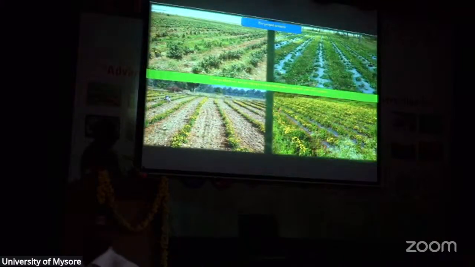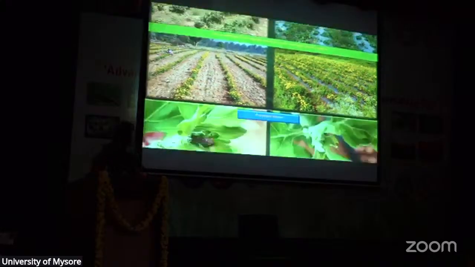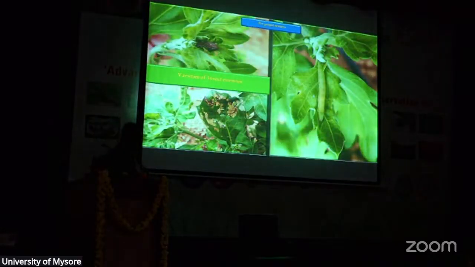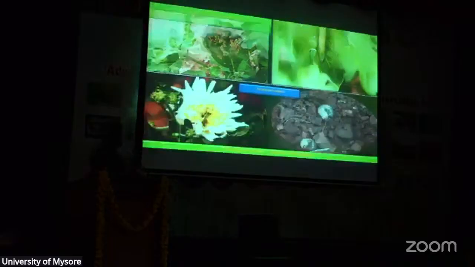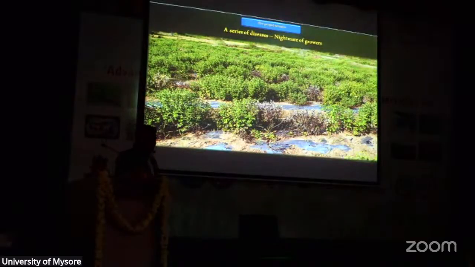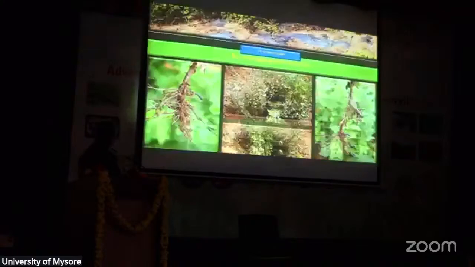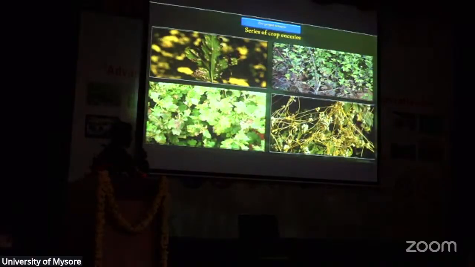See, backwater is there, but what was the only constraint? Even with sufficient water, the yield is minimum. When we went there, we studied the whole situation holistically and completely. And we first observed these kinds of insects. There were many kinds of insects because, of course, yellow flowers attract all kinds of insects, including bees. And then root rots. Root rot was a nightmare for them. And leaf spots, and then rust, and even mosquito was a major problem there.